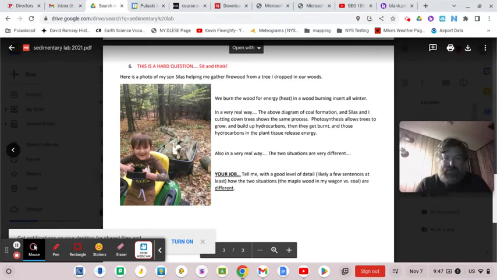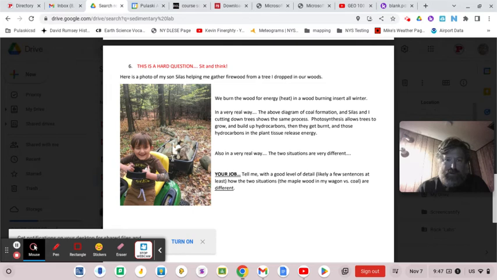I asked my lab students this. Let's see what we think. Here's a photo of my son and I back in our woods where I live, southwest of Oswego, cutting down a tree. It had already started to fall anyway, so we took advantage of it falling. We took it the rest of the way down, chopped it up into pieces, and brought it down to dry, where we'll eventually bring it inside to a fireplace, which we use for heat in the winter to heat the house, like an insert. What I asked them was to think about the difference between that and burning coal for